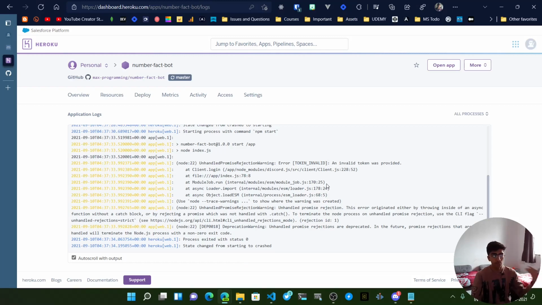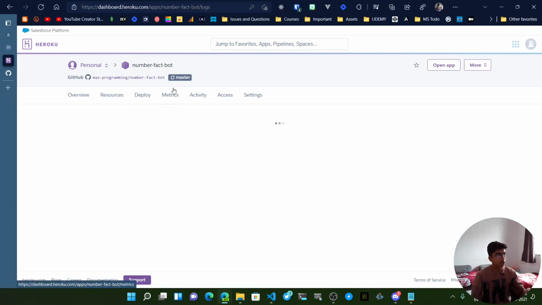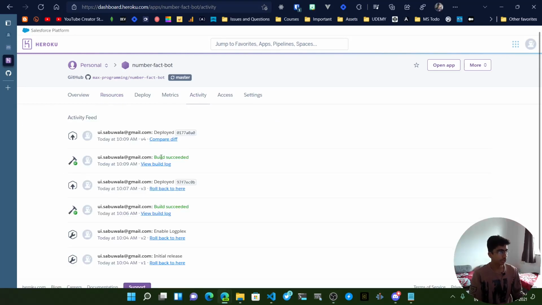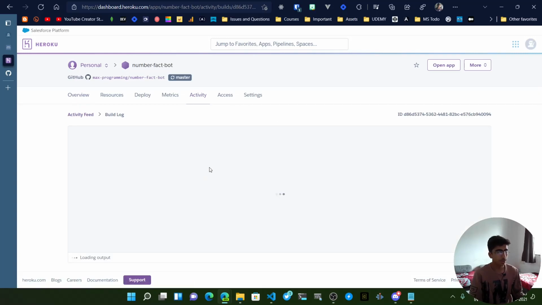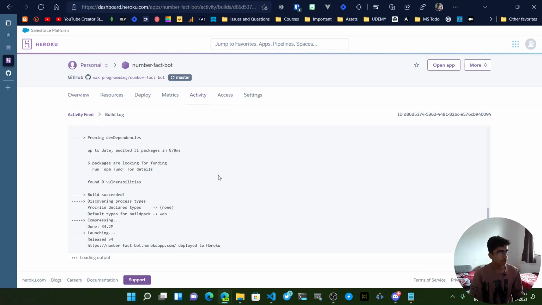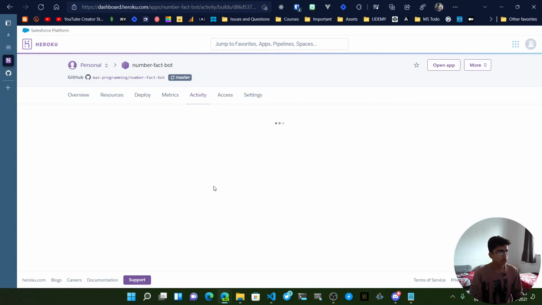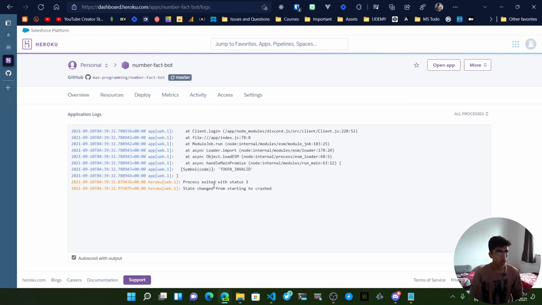Now once it is pushed to GitHub, it's going to go ahead and deploy it again. So let's just go to resources, activity, sorry. In the activity tab, as you can see, we've got build succeeded, and if you click on view build log, you're going to see that it uses Node.js version 16.9.0. Okay, once we have that, if you go to more, view logs, you're going to see that your bot will be running,